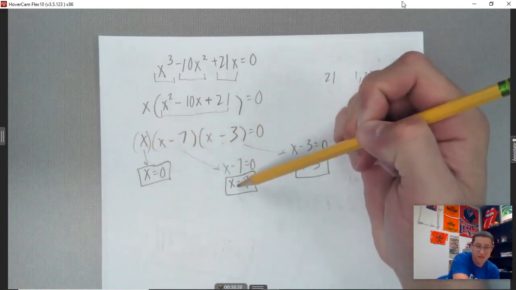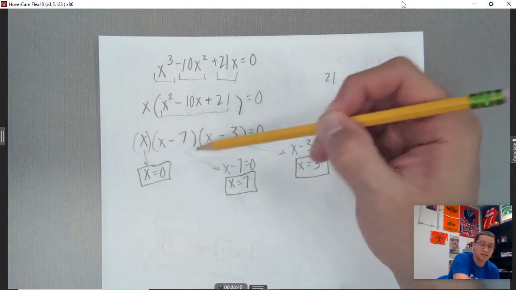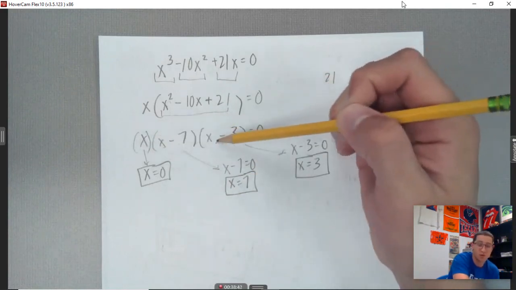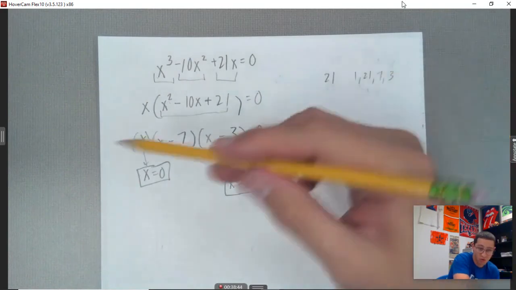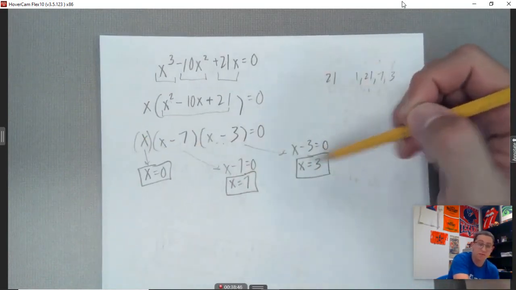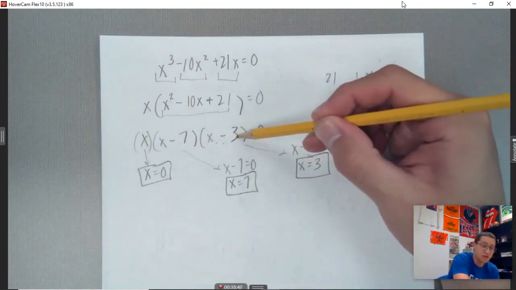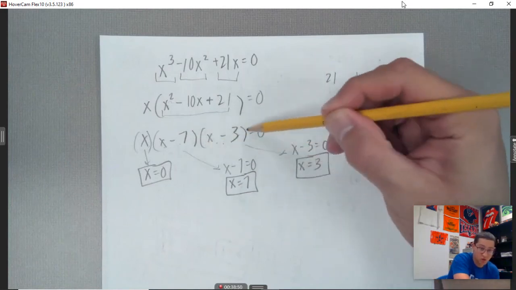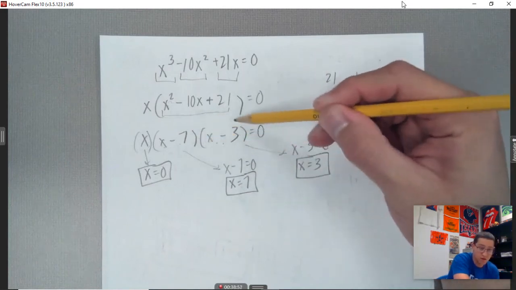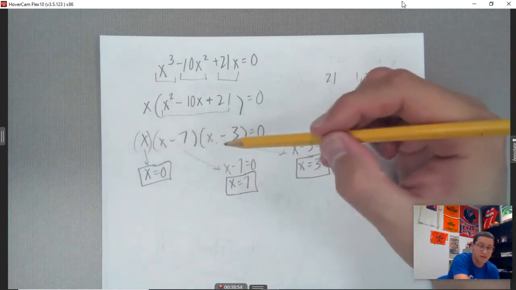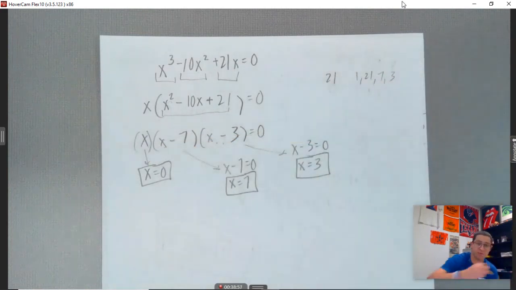If I plug in 7 here, I get 7 minus 7, that's 0, and I don't care what the other two are. The whole thing is 0. Same with the 3: 3 minus 3 gives 0 for that factor, and I don't care what the other two are when I plug in x. The whole thing will be 0. So that's why you solve for that. Again, all we're doing is finding what values of x